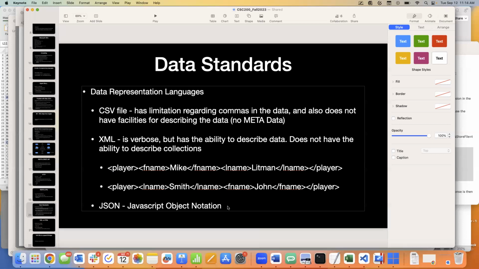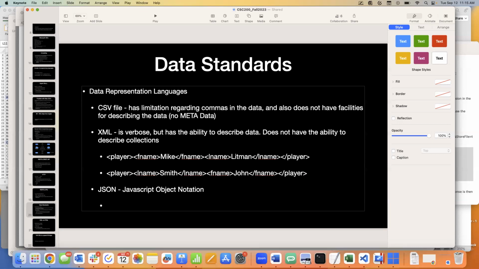JavaScript is an object-oriented language, but the object-orientedness of it was added later. So it started off as a procedural language based off of, you know, like C, the C programming language. And then they added the ability for it to deal with objects. And the way they did it is through something called JavaScript object notation. So this is something that was born in the JavaScript language first. And then they brought it out and said, hey, we can use this to describe data.